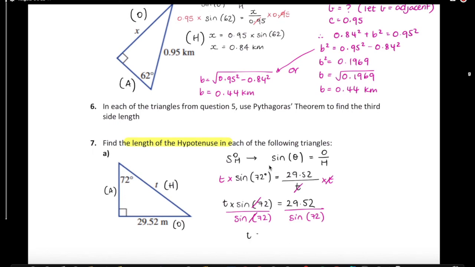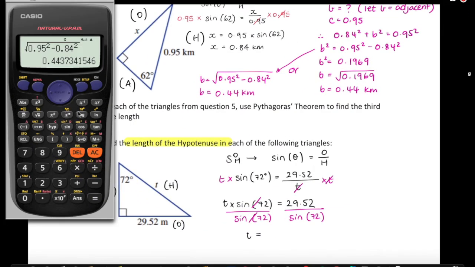So that'll be t is equal to, and now if we flick back to the calculator, I'm just going to set up a fraction. If you press that button, it'll bring up a fraction. It's 29.52. Divide that by sine, so I just press the button, of 72 degrees. And don't forget to close that bracket. And we get a length or a hypotenuse of